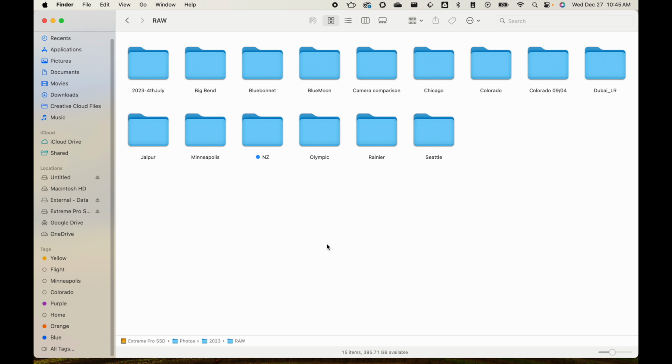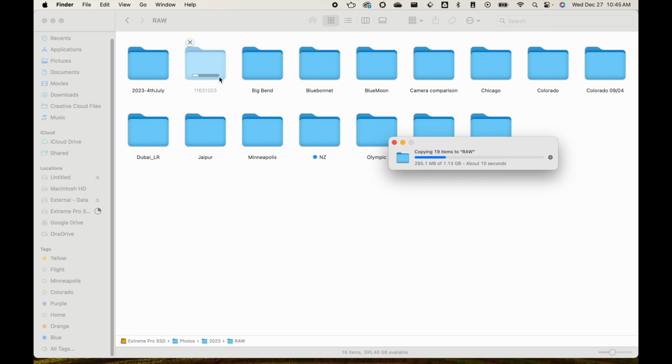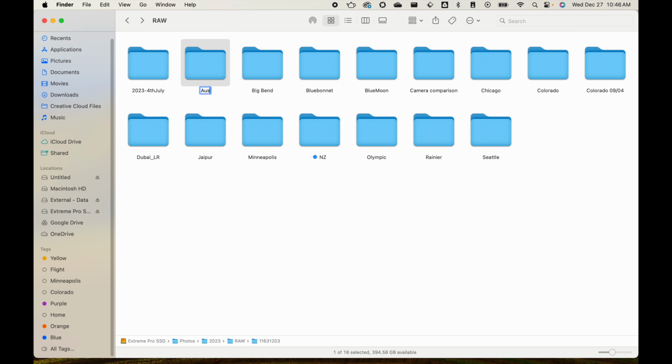I'll simply paste it over here, and once it's done I'll rename the folder so I know exactly what the content of the folder is. I will rename the folder based on the place where I have taken the photos. So in this case I will rename it to Austin Downtown, and after renaming the folder I will open Lightroom Classic,